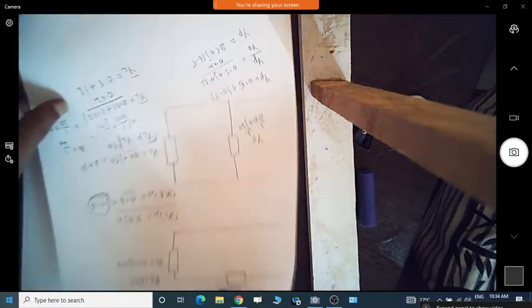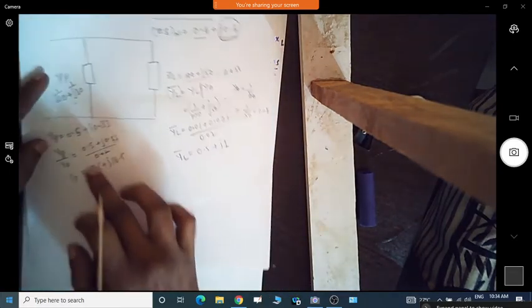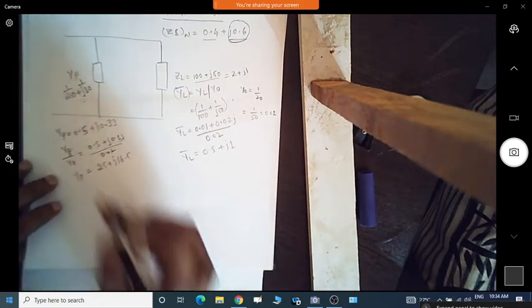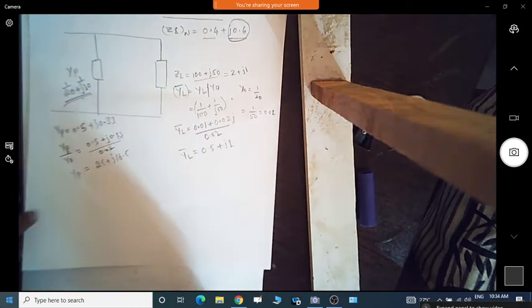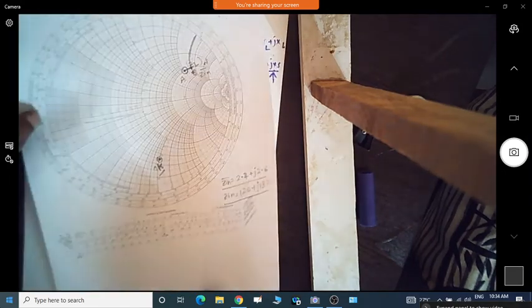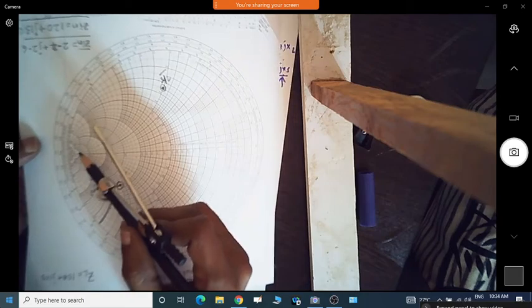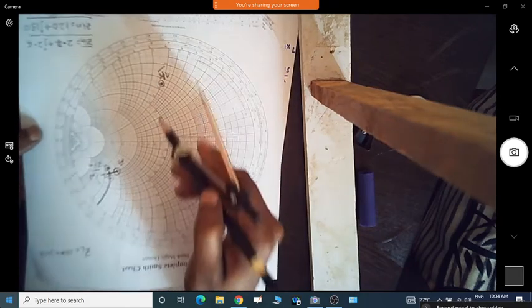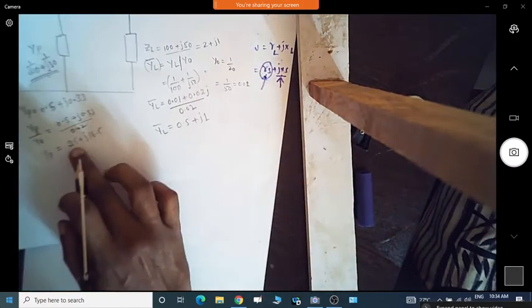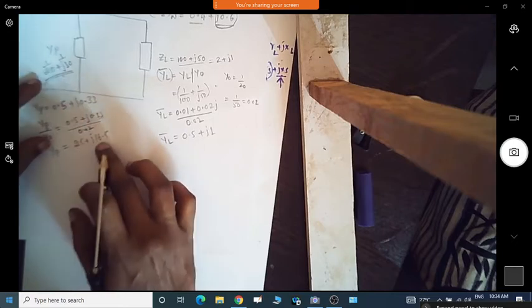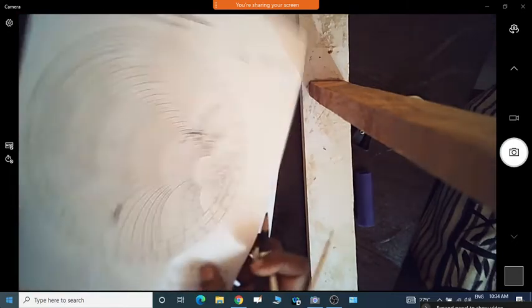So that we'll see particularly for this problem, so we can see what values are visible. That type of problem we can do for the admittance, otherwise it will be difficult again. So definitely we'll get the point somewhere here, but it may not be visible properly here. So we have to add the susceptance value, the conductance value 25 and susceptance value 16.5, so that we need to add.